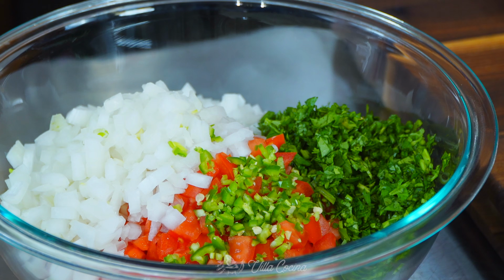My name is Rosana. Today we are making pico de gallo two different ways. The first one is going to be traditional and the second one, well, I guess you're going to have to